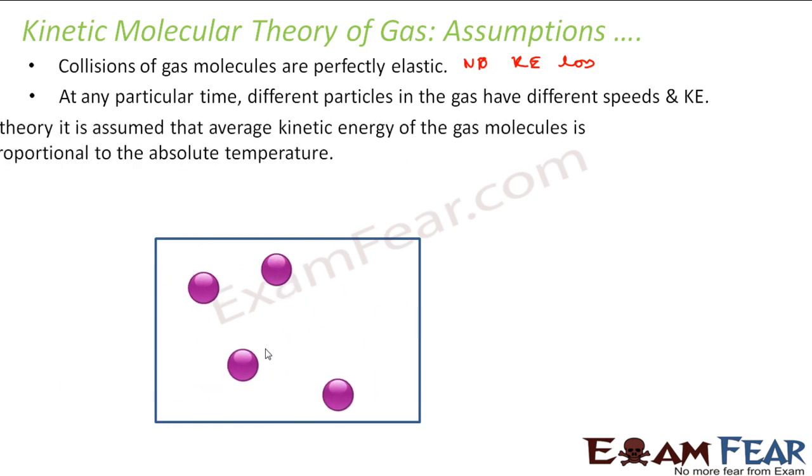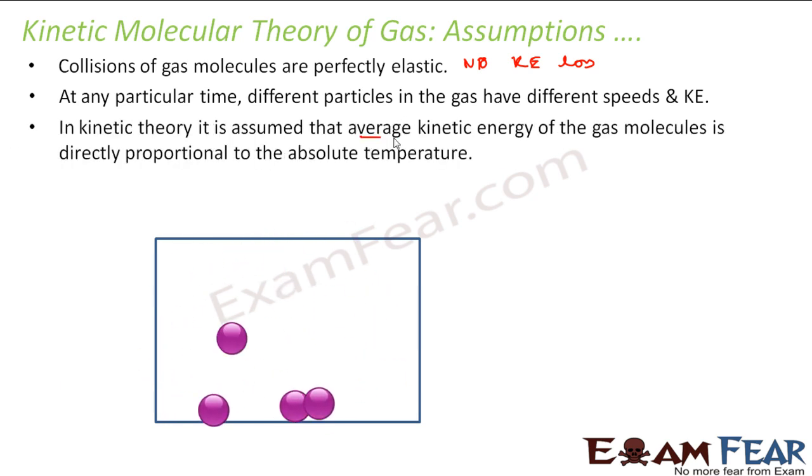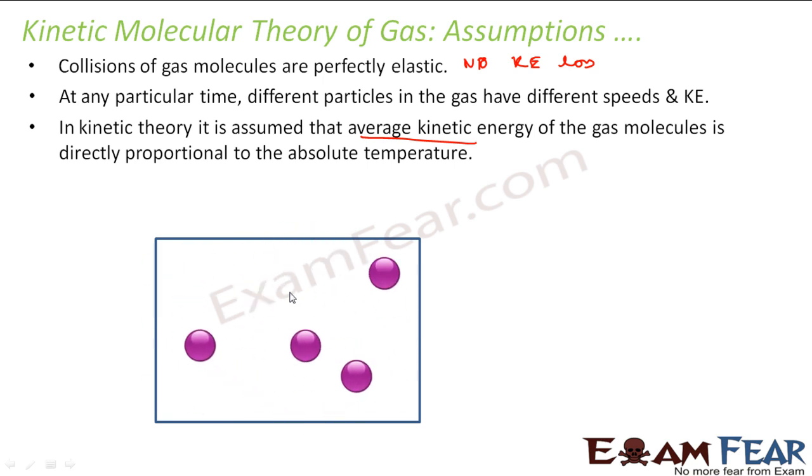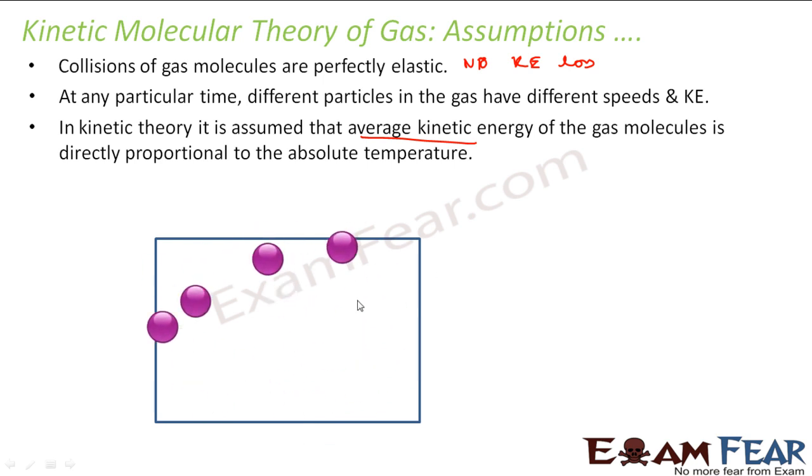So we talk about the average kinetic energy of molecules, because there are so many molecules and there are different velocities. It's almost impossible to calculate the velocities of these molecules, at least at this point of time. Maybe science may advance in future and they'll find some ways to measure the speed of all the molecules. But currently there is no way to find the speed of all the molecules in a big container.